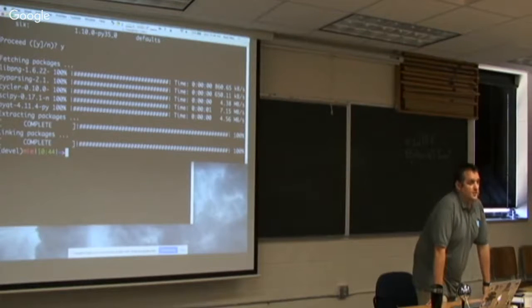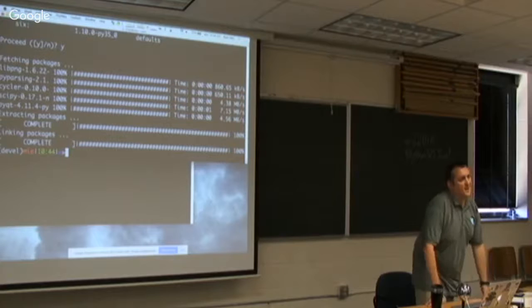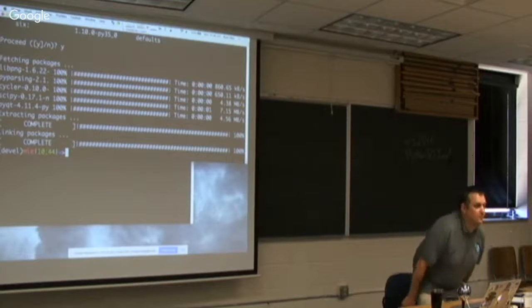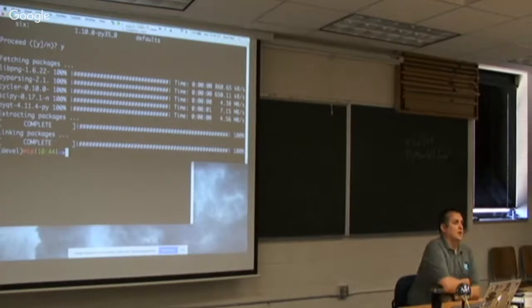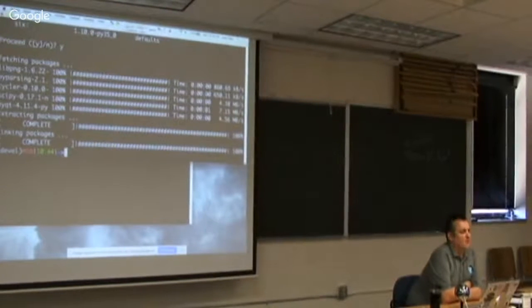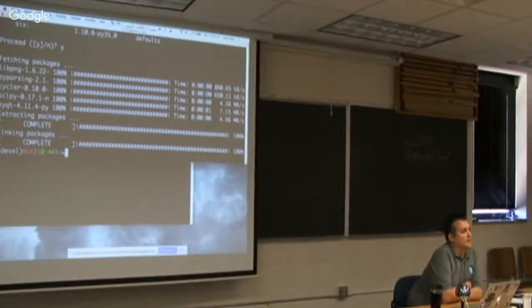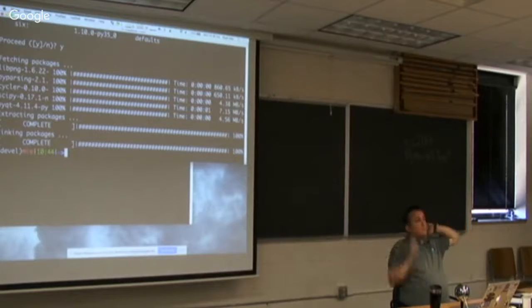So you're either running as a user with reduced permissions, or you've got a trusted source like Continuum or whoever you're getting your packages from, that they are not evil. I mean, that's what it comes down to. Right. But there are potentially code execution in some of these packages. It's not frequent, but it is possible. Okay. Yeah.